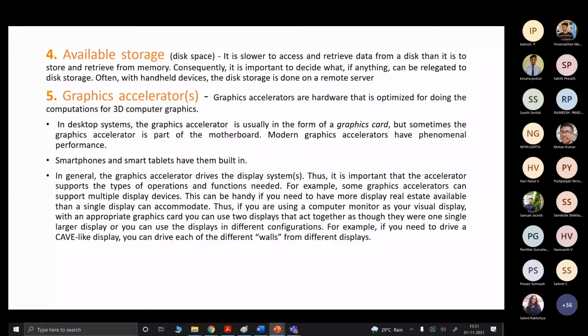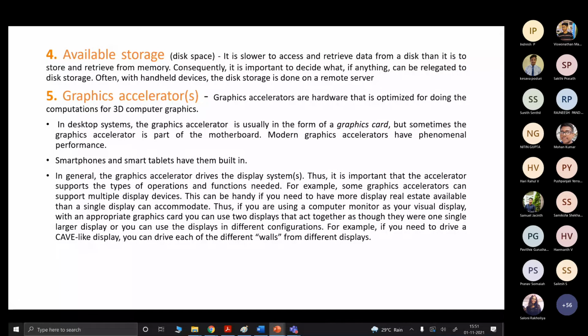It requires good disk space because it is going to store and retrieve information. If storing here and there takes more time, that may cause a delay also. So the disk storage can be kept remote and we can access it if the system has less disk space.